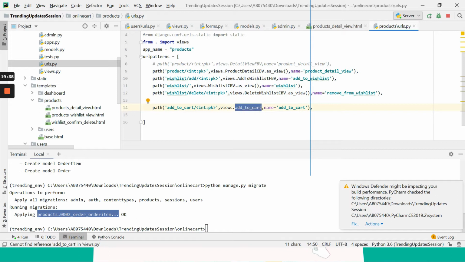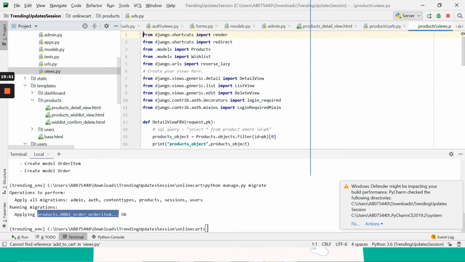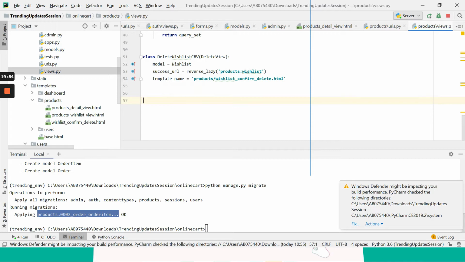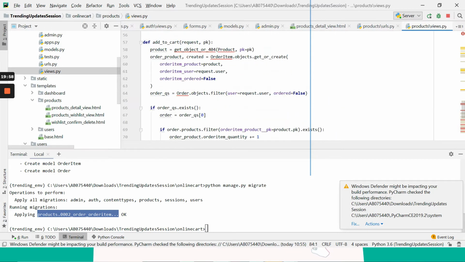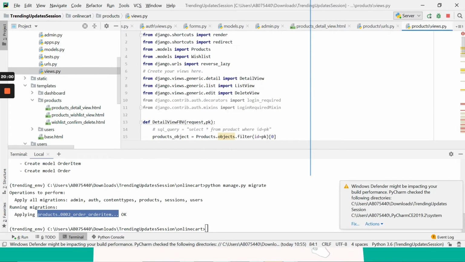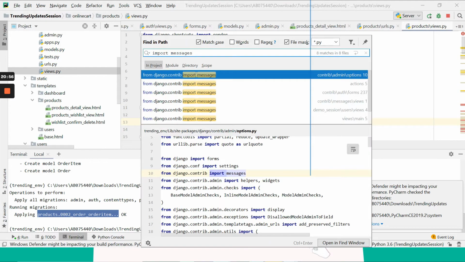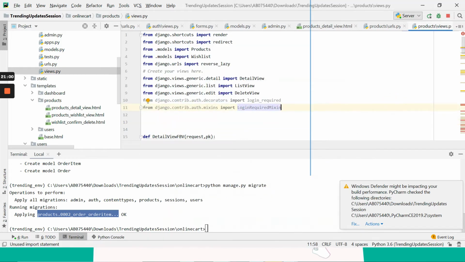Now as you can see, we don't have any function called add to cart in the views section. We need to have that function over here. So what we'll do is create the add to cart function. First we'll solve these errors. First thing is we need the messages object from django.contrib so that we can pass messages to the front end.